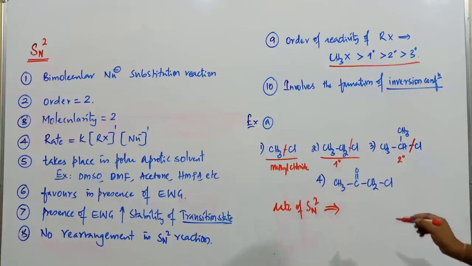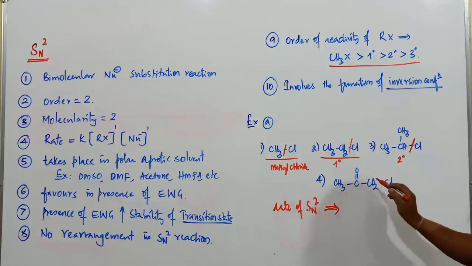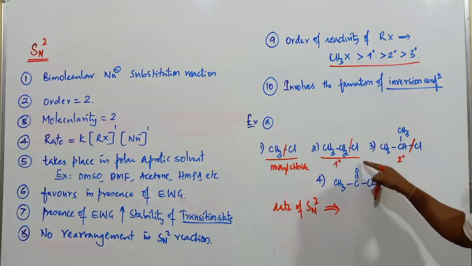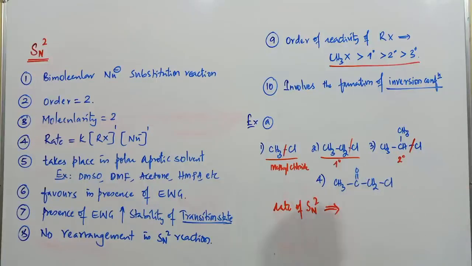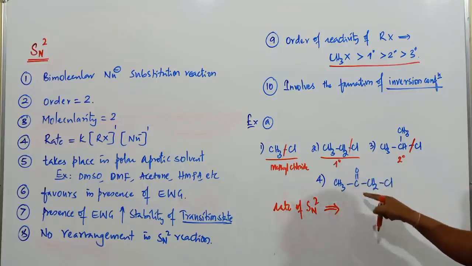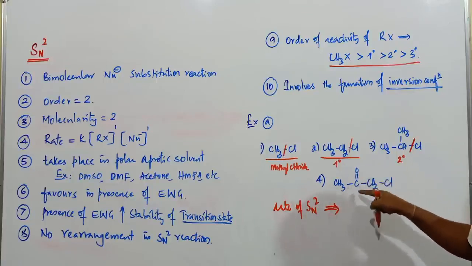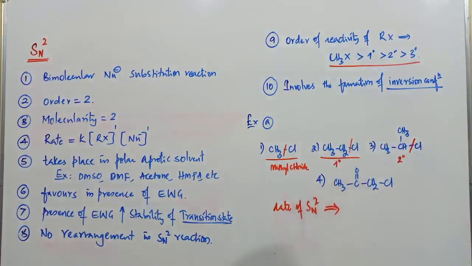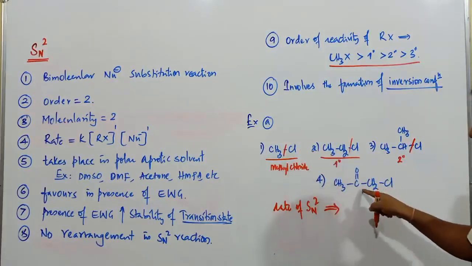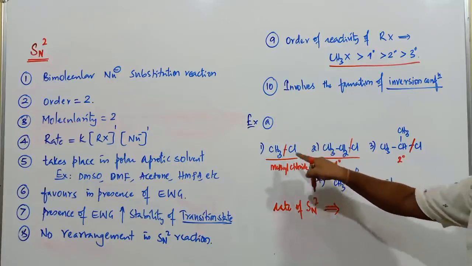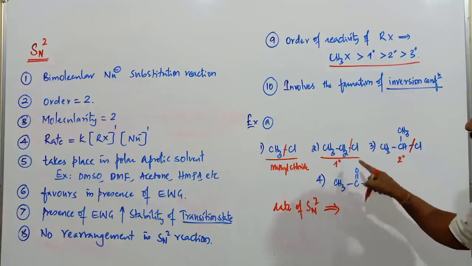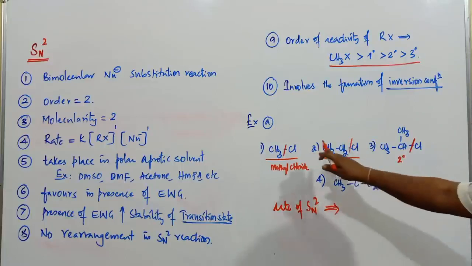If you observe the fourth molecule, CH3COCH2Cl, basically it is not a simple alkyl halide. It contains a carbonyl group, a ketonic group is present here. Now in presence of this ketonic group, is the rate of SN2 mechanism going to be less or more when compared to the others? Where do we have to place this molecule, does it have a greater rate towards SN2 or a slower rate compared to these three molecules?